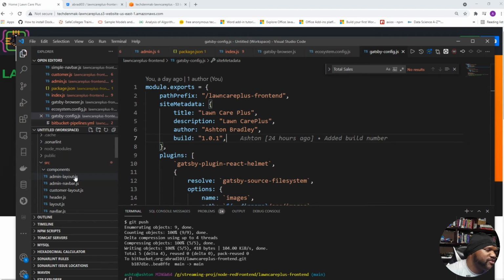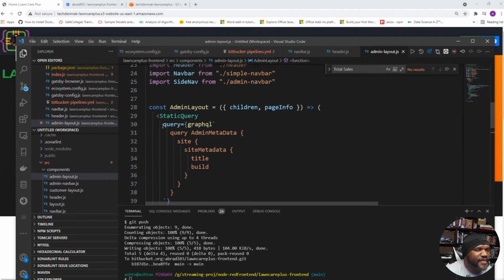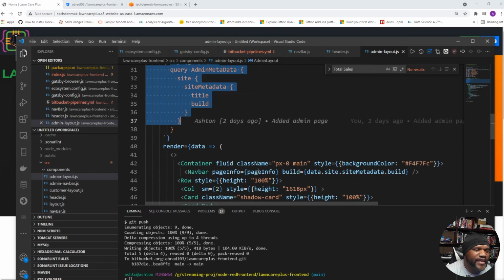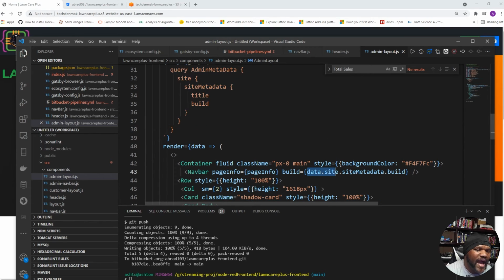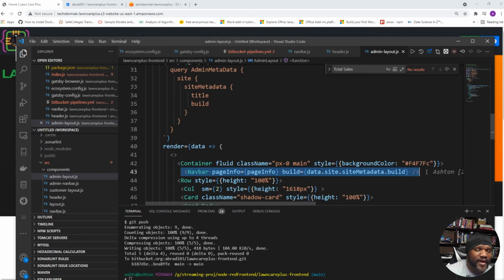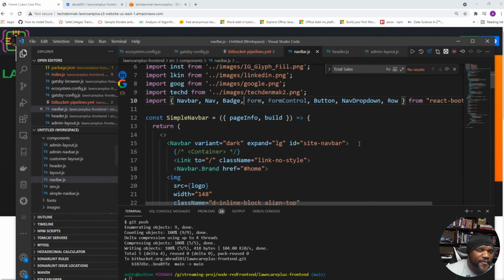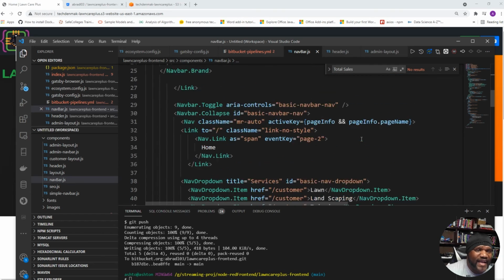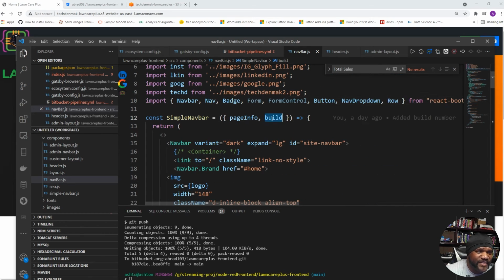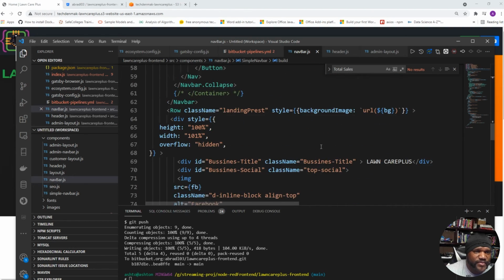So if you go over to the admin layout, okay? So in the admin layout, this is where I actually do the query. And then what I do is, once I do the query, I pass the value of the build from that file you just saw. I pass it into the nav bar. So then when I go to the nav bar, okay, what I do is I take that same variable that I passed in, which is the build, and I pass it to,